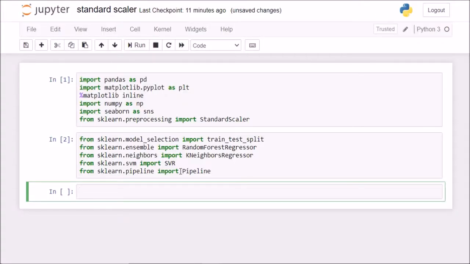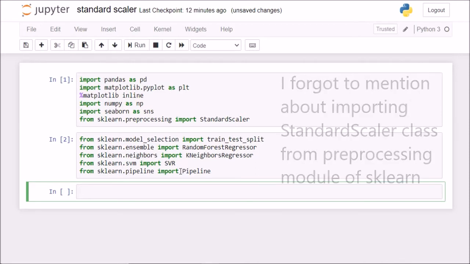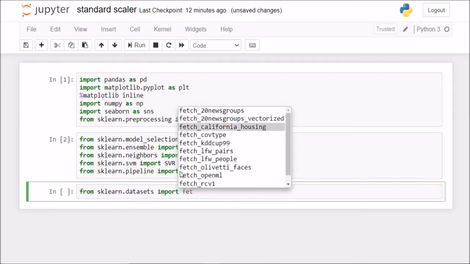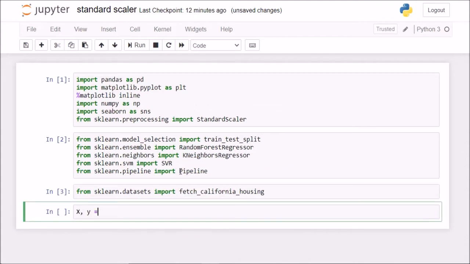First off, we'll load in the dataset, which is the California housing dataset that we'll be using from the sklearn datasets module. So I'll say from sklearn.datasets import fetch_california_housing. This is the class that I'll be using. Now I'll simply do a tuple unpacking.